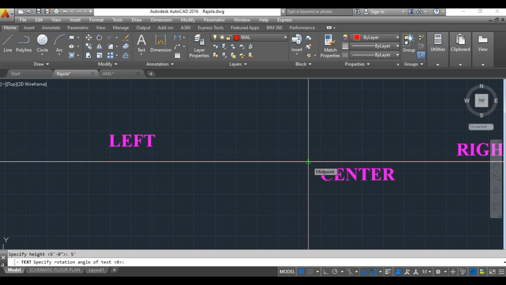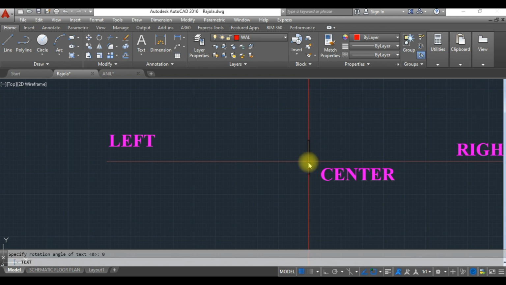Now it is going to ask me the angle. If you want to keep 30 degrees, 40 degrees or 90 degrees, any angle for your text, you can set it here. After writing the text, if you don't want to use rotate, you can go with this command. It helps you choose at what angle you want the text. Here I will keep 0 because I was not taking any angle, and I will hit enter. When I hit enter, it will ask me to write the text. So here again I will write